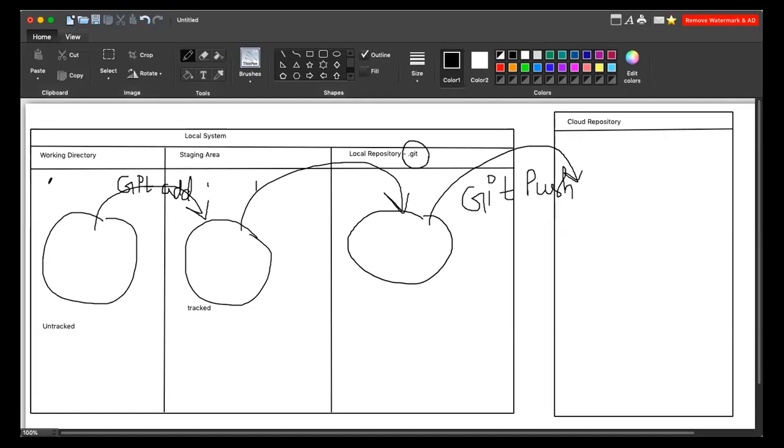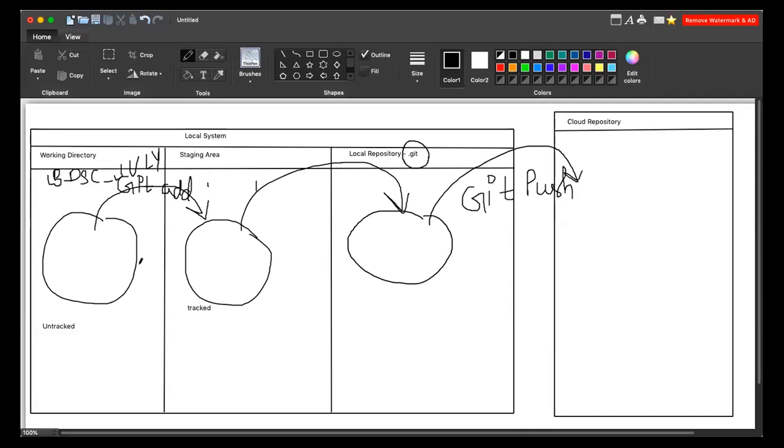Let's say you have created one folder called lb_dsc_july. This is a repository which we are going to clone, or let's say this is a folder which you have created on your local system. Now you are going to do git init in this folder. What does it mean?